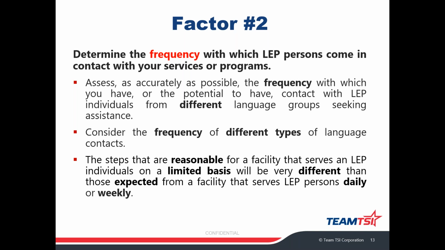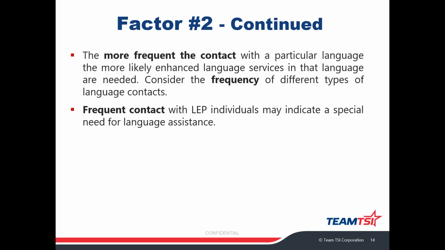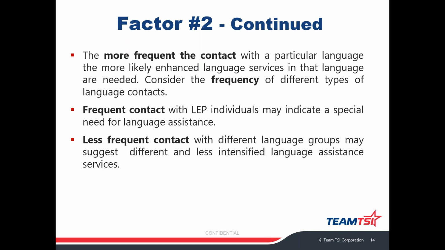Rural areas may be on a very limited basis. So what they're looking for is the frequency, and getting that information from your local school systems will be very, very helpful to you. The more frequent the contact with a particular language, the more likely enhanced language services in that language are needed. So frequent contact may indicate a special need. Less frequent contact with different language groups suggests different needs. So all of it is going to be based on